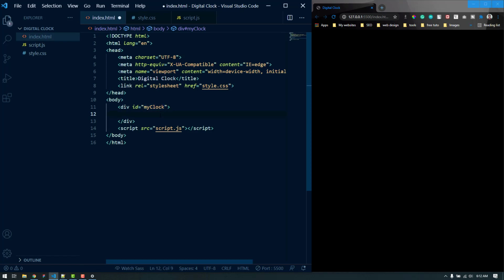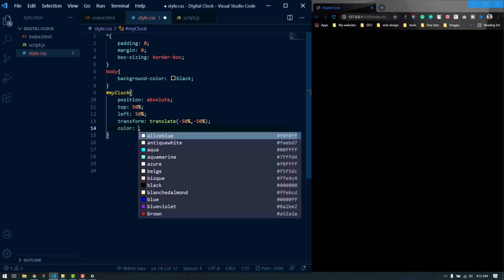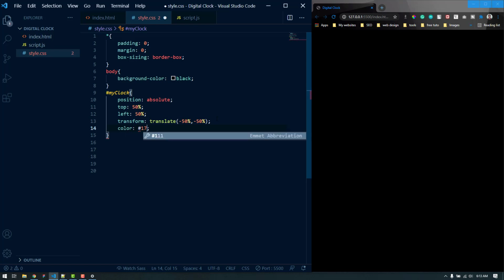For demo, let's add some text here. Okay, now let's change the color. I am going to give this a color of 7D4FFE.